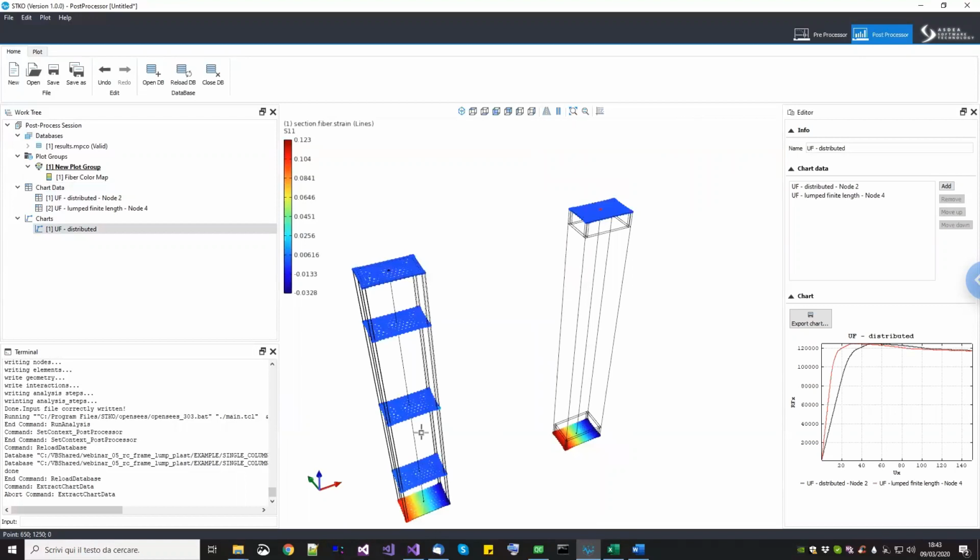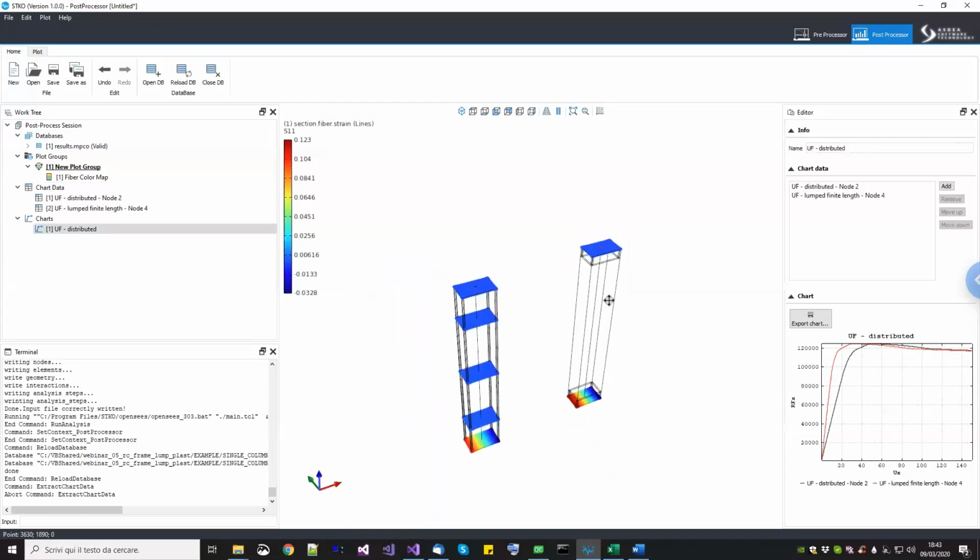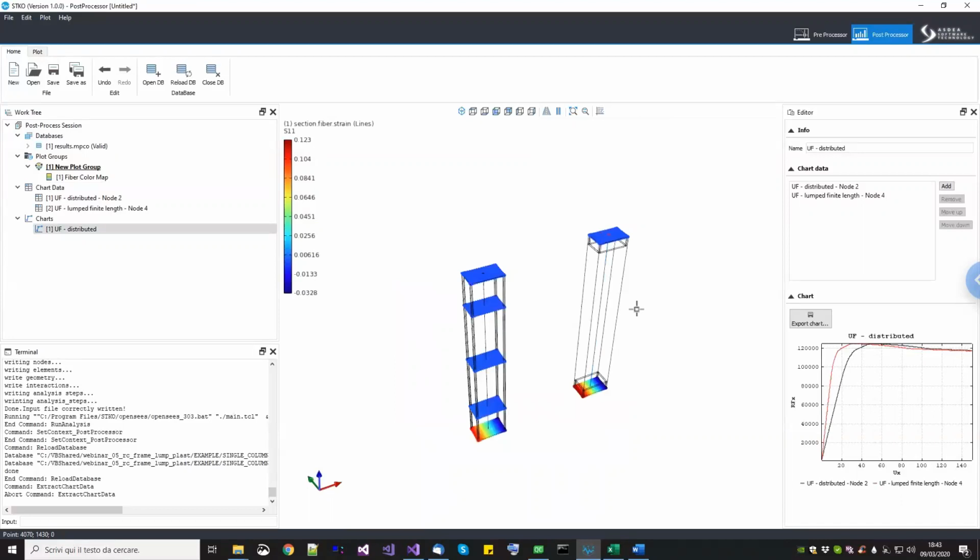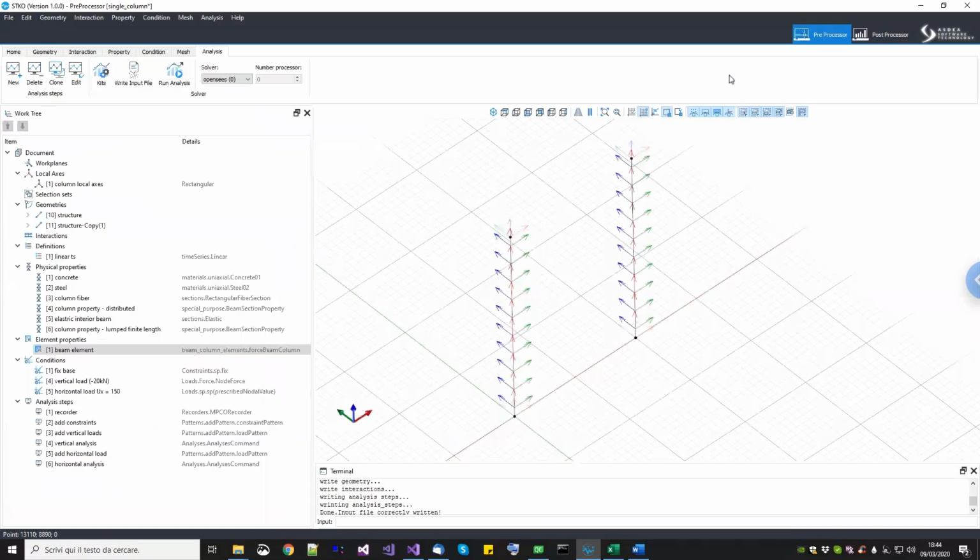As I said, this happens because in this distributed approach, the entire element here is nonlinear. So here we are using a second bending stiffness because the concrete does not have any strength in the tensile response, at least in this model. But in this case, we use the full Young modulus. There are many equations to compute the equivalent Young modulus based on the amount of axial load and depending on the national code that you use. Now, in this example, the axial load is very low, and we found that 35% of the Young modulus was